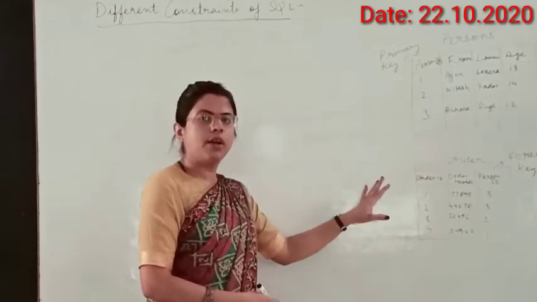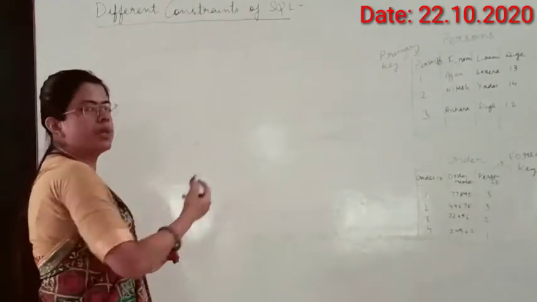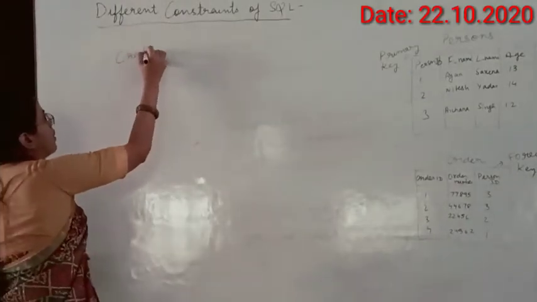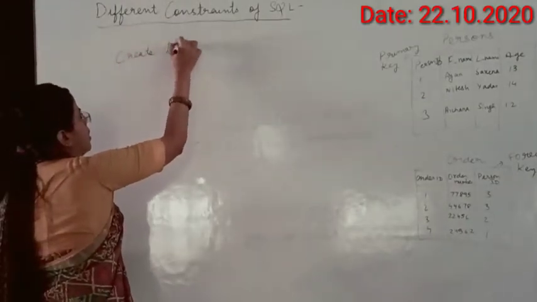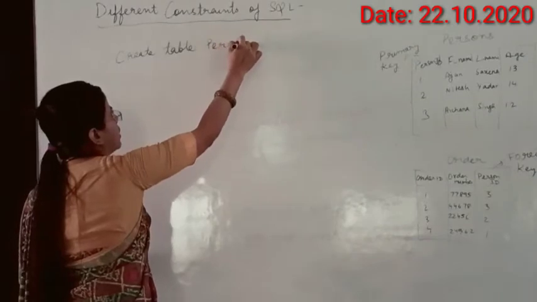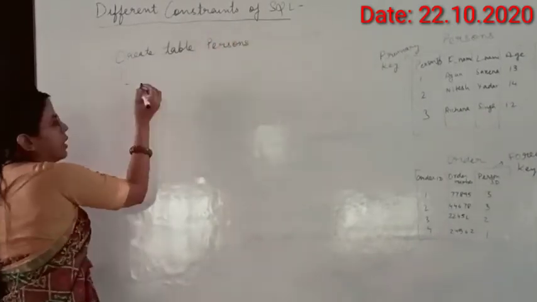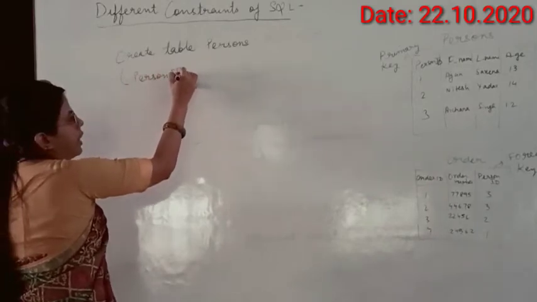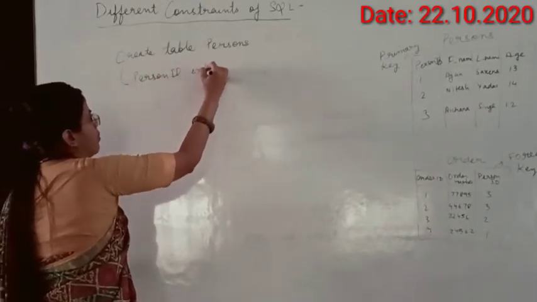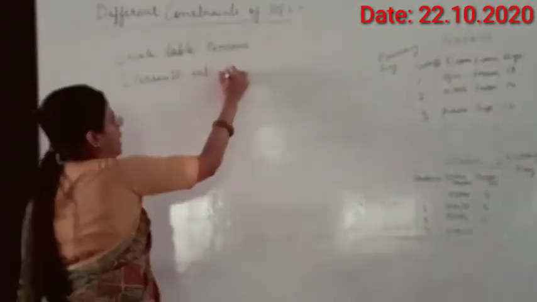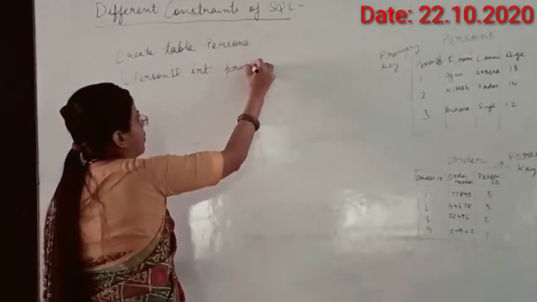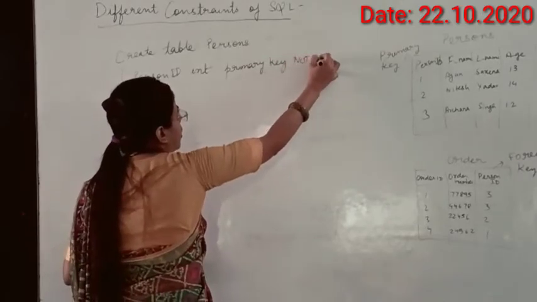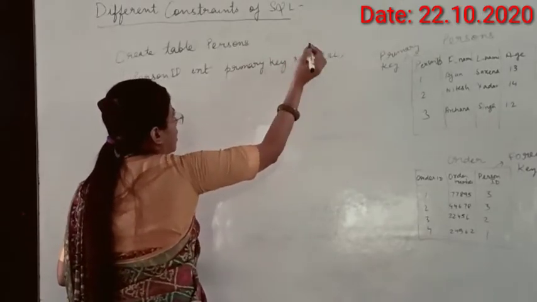Now how will you write the code for this? Let us create the person table first of all. So for that I will write here create table and then persons. Start a bracket here. The first field is person ID. So I have written person ID. The data type will be int, and then I am writing here primary key. And then I will write here not null also, so that it should not enter the null value.